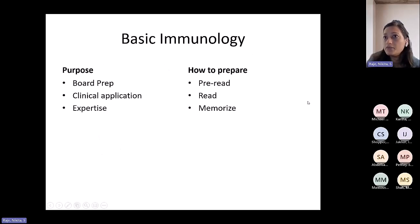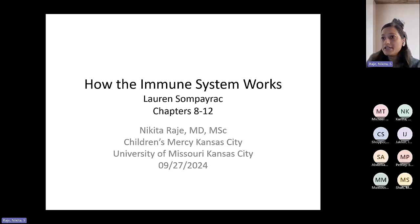We know we are going through basic immunology coursework. Our current textbook is How the Immune System Works with Lauren Sompayrac, and I'm Nikita Raje with Children's Mercy, University of Missouri, Kansas City. And today is September 27, 2024. All right, so